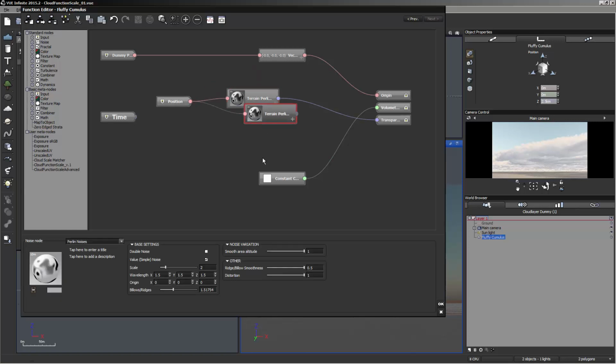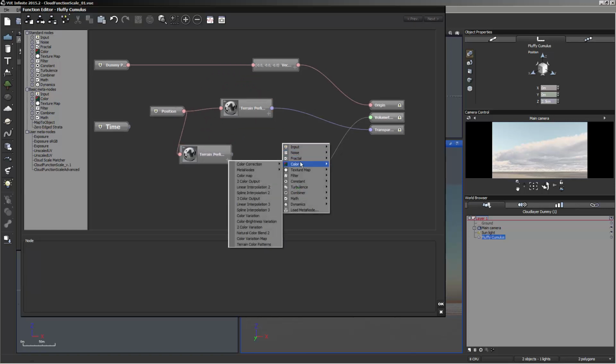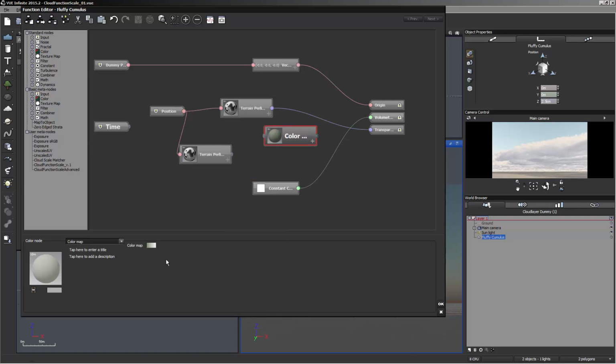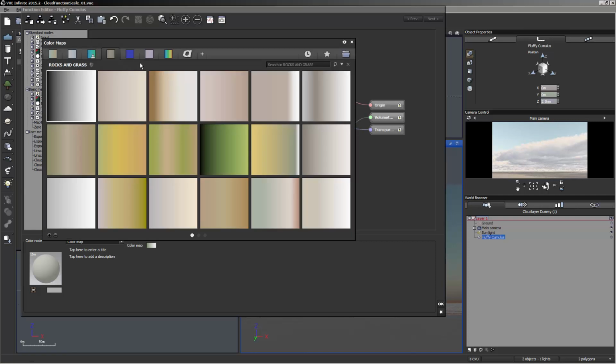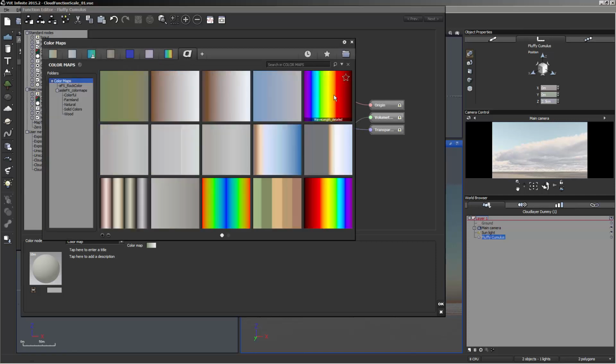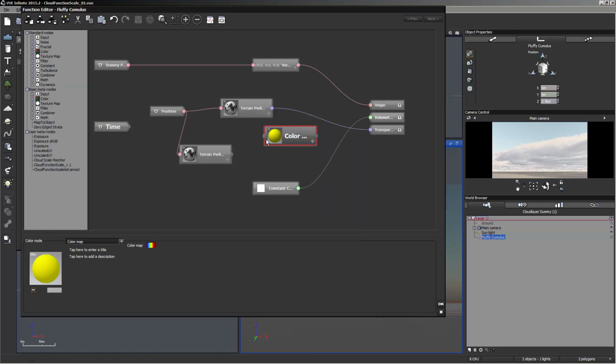What I'm going to do is copy and paste this noise, and we're going to go to color, right click, go to color, and select color map. And I'm going to use something with a lot of color, just so we can really see the changes. This probably isn't something you would use for production use. I'm going to double click on the color map to load in a map. I'm going to go to my color maps and load in my wavelength color map. And then connect that to the terrain Perlin noise,